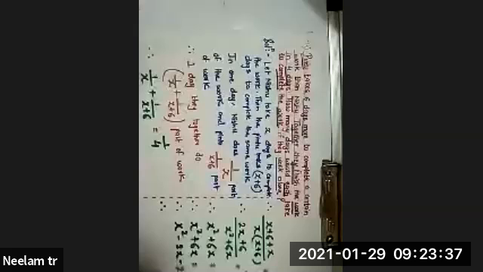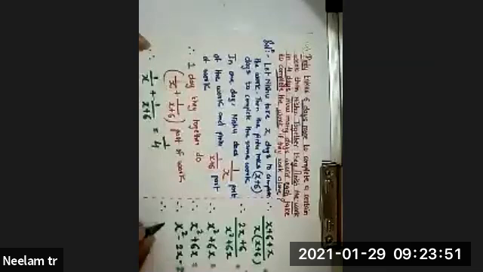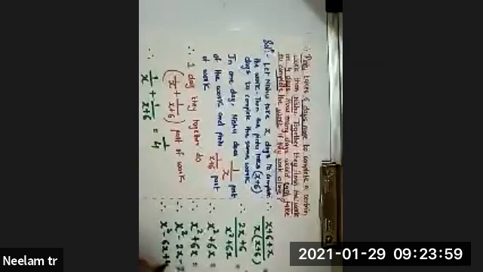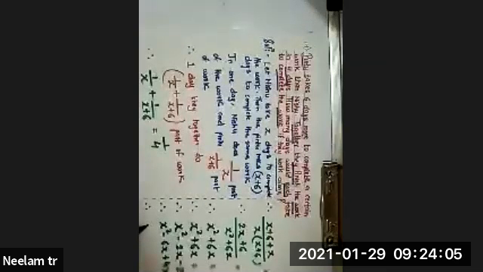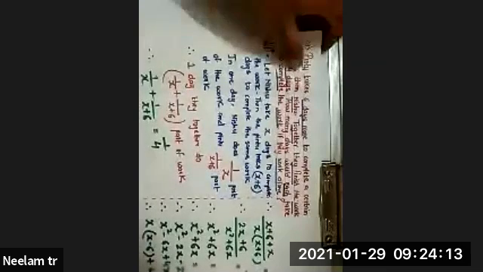You got your equation? Now factors of minus 24, which will give you 2. You will say, ma'am, 6 4s are 24. Yes, 6 4s are 24. Very good. What? X square minus 6x plus 4x minus 24 is equal to 0. Okay. Take out the common: x minus 6 plus 4 times x minus 6 is equal to 0.